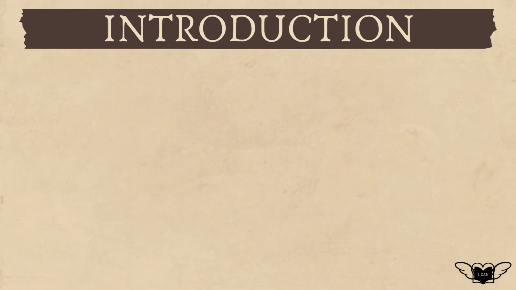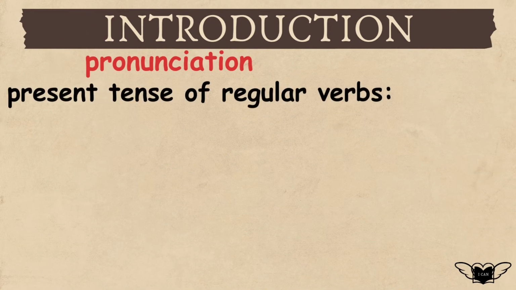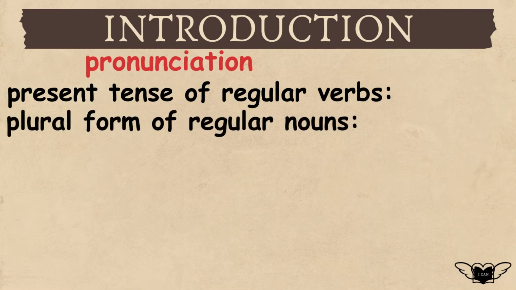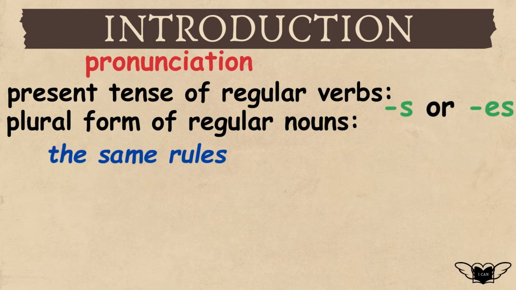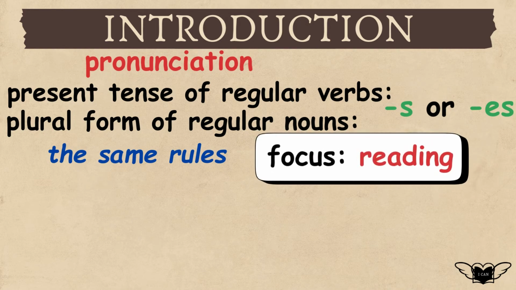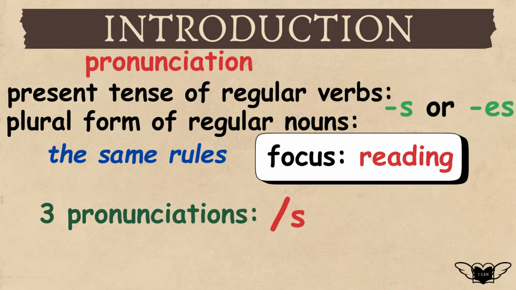We will also include the pronunciation of the present tense of verbs, or the plural form of regular nouns, adding s or es. The rules are the same in reading. Again, we will only focus on reading. There are 3 pronunciations: s,